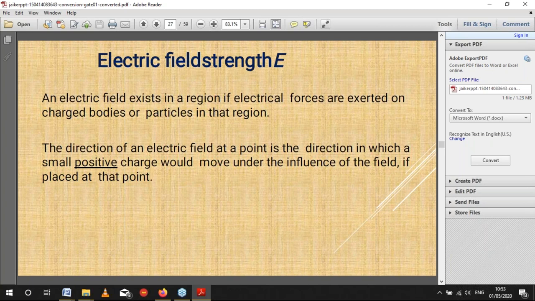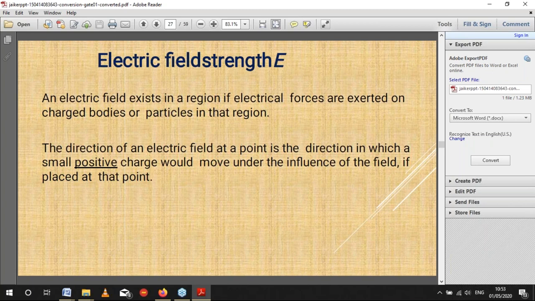There is a potential gradient between A and B. The potential gradient between A and B is the same at any point except at the edge. So the potential gradient of the objects is the same except at the edges.